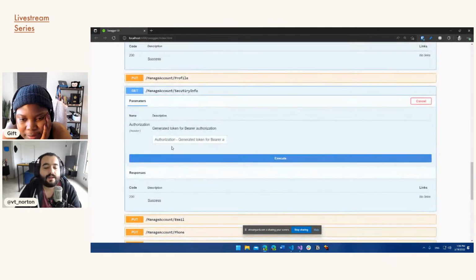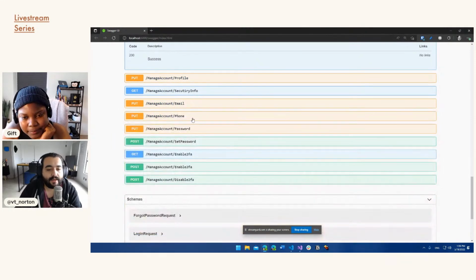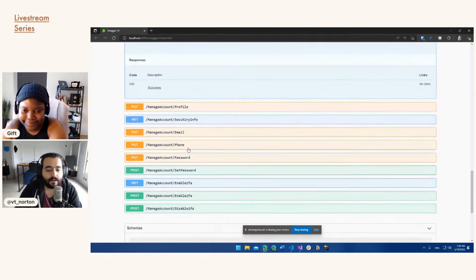Okay, yeah, where it shows is the 2FA. You have changed your password in less than 90 days. All of this is returning this endpoint, and an endpoint to edit the email, the phone, the password, all of these